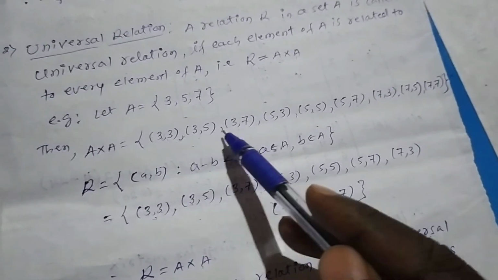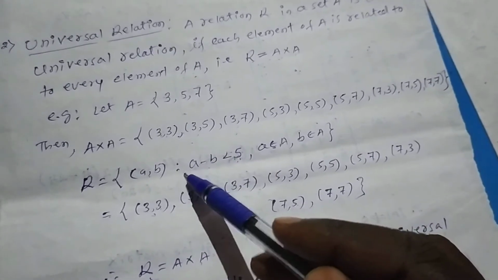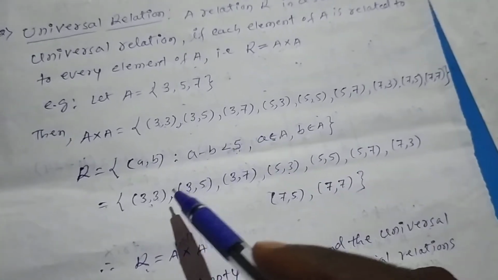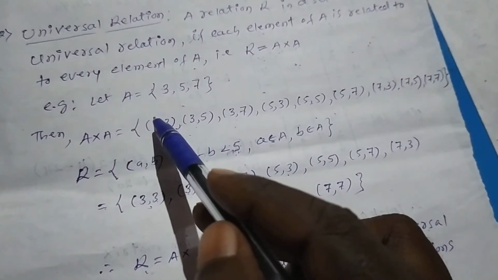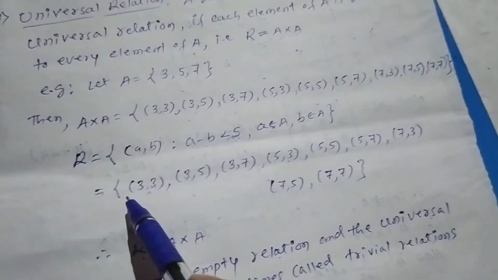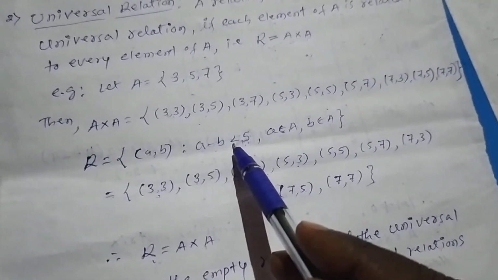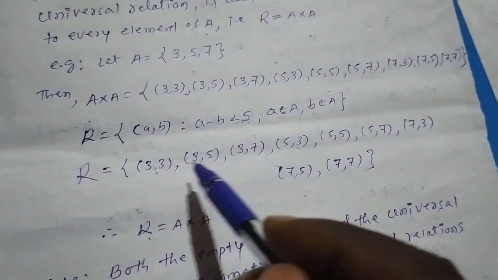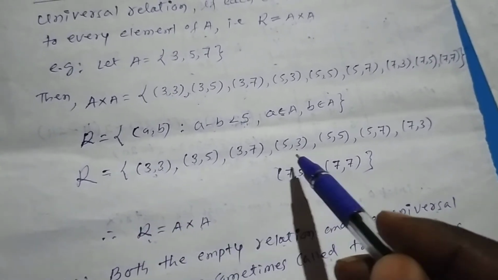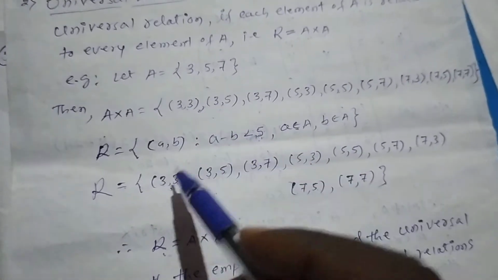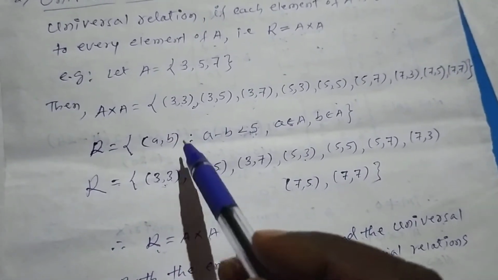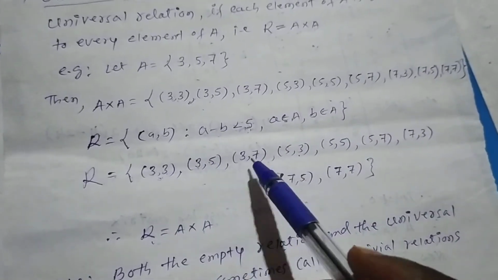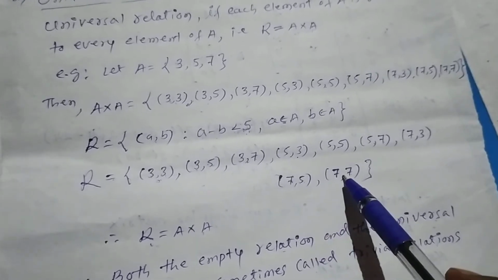Each and every ordered pair obeys the condition, meaning it follows the rule of the relation R. Hence, we pick up all the ordered pairs in the relation R. This was the set-builder form. This is the roster form, R, with all the ordered pairs taken from the Cartesian product. Hence, all the elements are here: 1, 2, 3, 4, 5, 6, 7, 8, 9. Here also 1, 2, 3, 4, 5, 6, 7, 8, 9.